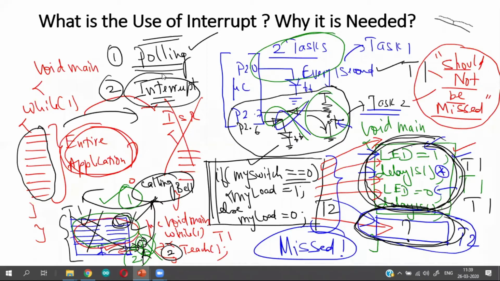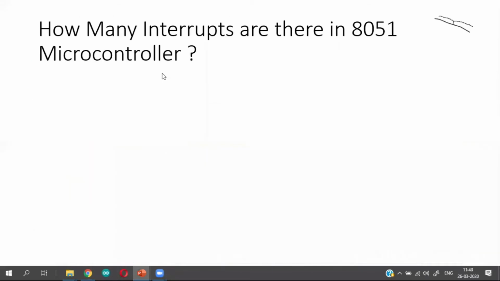Otherwise, I continue taking my class and I don't waste my precious time in looking for somebody, whether they are present or not. So an interrupt is a more effective mechanism of seeking the attention of a processor when the processor is busy in executing its background task. That is the important concept that you have to understand here.